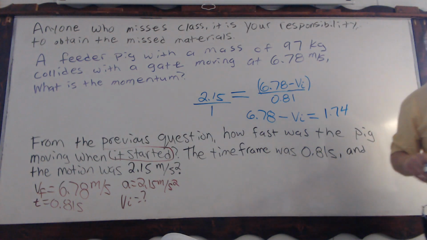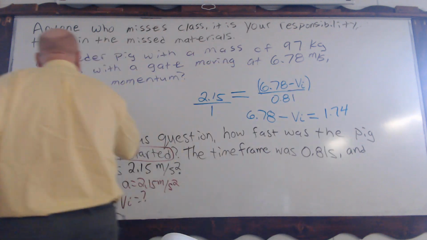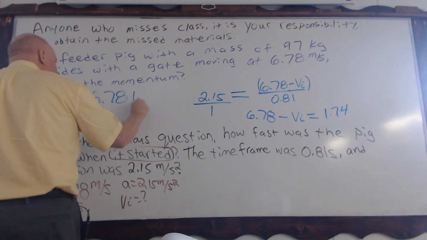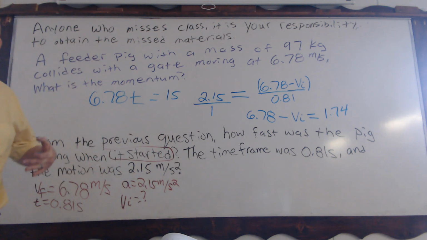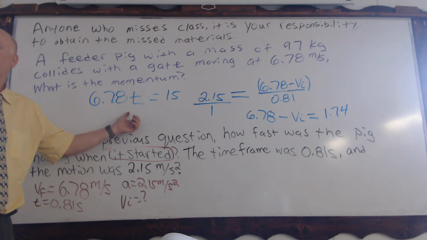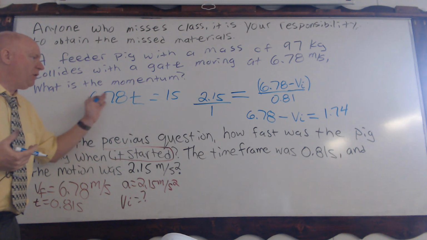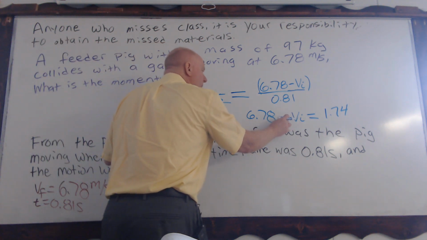Now you're in familiar territory where you have solved for one variable in your algebra class, right? This is, again, a little different because we don't have this multiplication function. Typically you might see something like 6.78t equals, we'll say, 15. And from prior knowledge, how would you get that t by itself? You're going to divide, because this is a multiplication function. Here, we're doing a subtraction function.